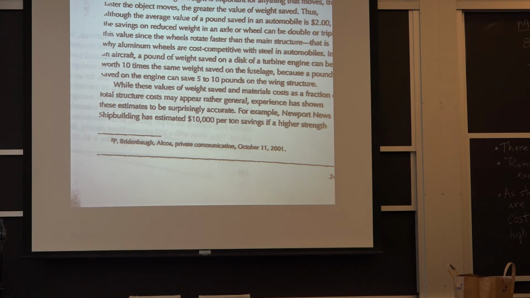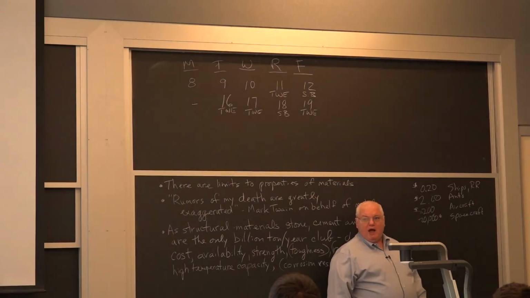But it does depend on what the price of fuel is. And it could go up to $4, but it's not 200, and it's not 20 cents a pound. But you're absolutely right. When you have fuel that's varying by a factor of 2, then this number has to vary by a factor of 2, because for automobiles it's based on the price of fuel. For ships, it's based on the price of fuel and the drag in the water, or the friction on the railroad tracks. For aircraft, it's based on the price of fuel, but per 100,000 hours for a commercial aircraft. And for spacecraft, it's the fuel to get a pound in orbit.